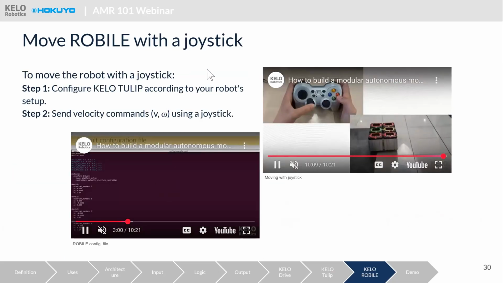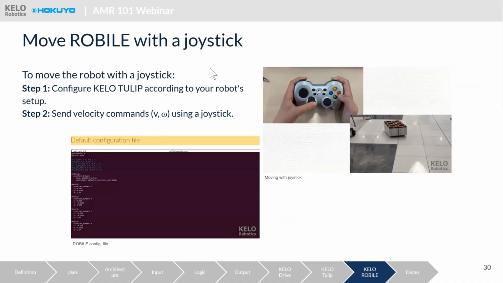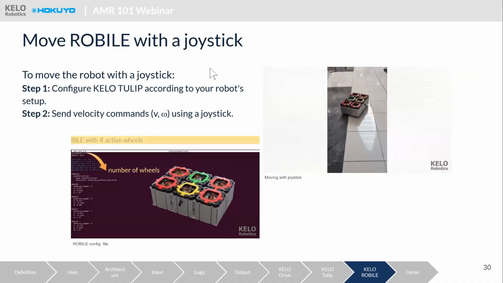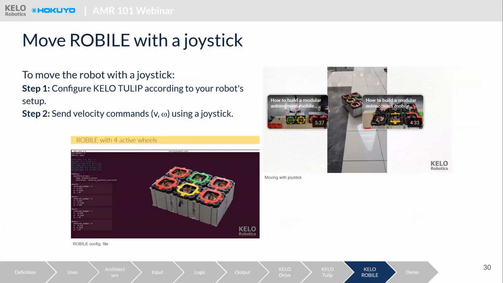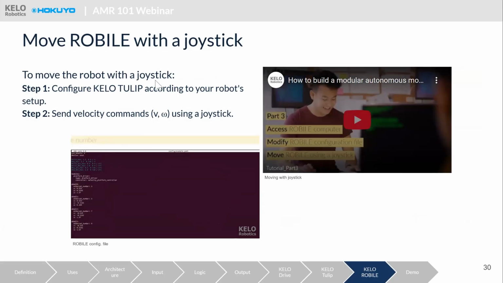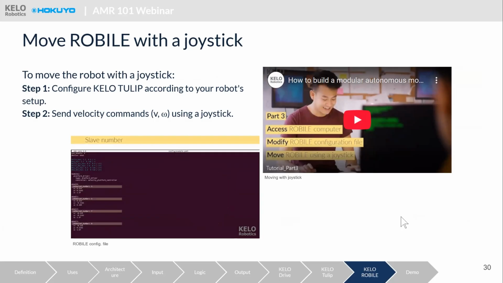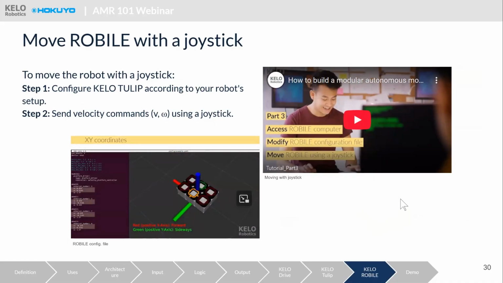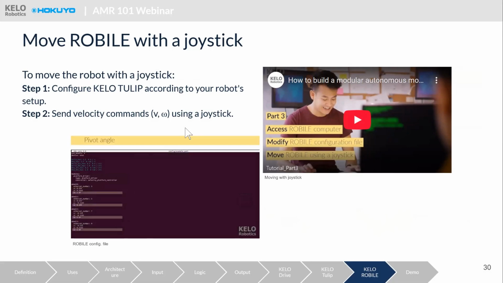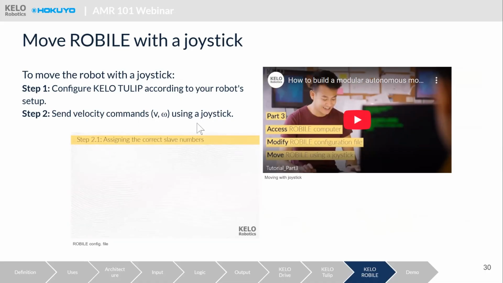Sorry, I forgot, we also have a video that shows how exactly you can do that. I just skip over it. We have another video that shows you how from that hardware you can install and configure the KELO Tulip. And at the end of that, you will have a robot that you can send a V omega command and it moves. So in this example, you can see how with the joystick you can control the robot